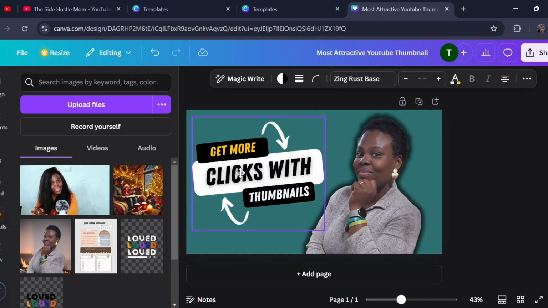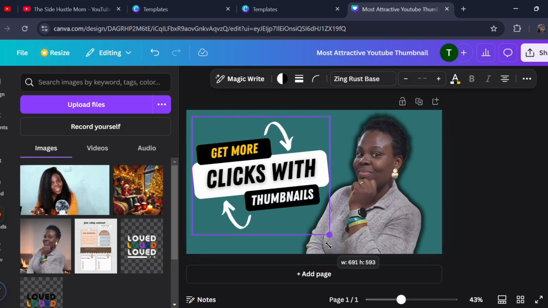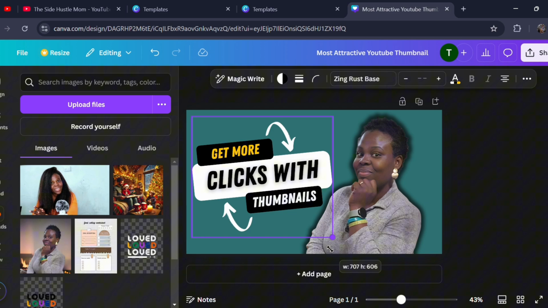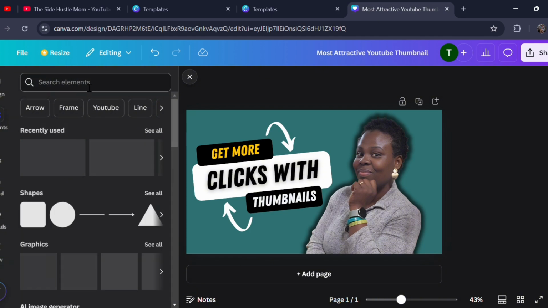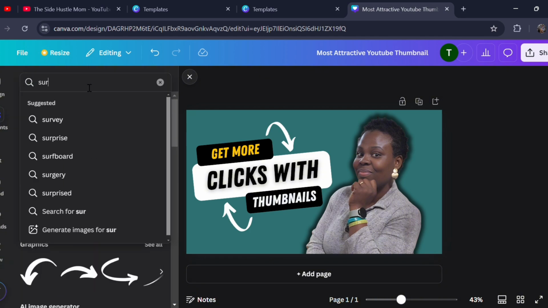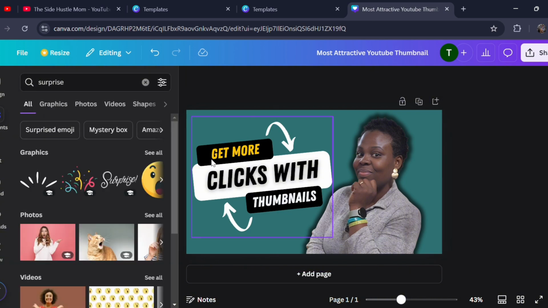Okay, so there we go, and then I'm going to increase it. Okay, and I want to put some like effect. Okay, now this is simple and straightforward and I like it, but let's go to the elements and do something like a surprise,